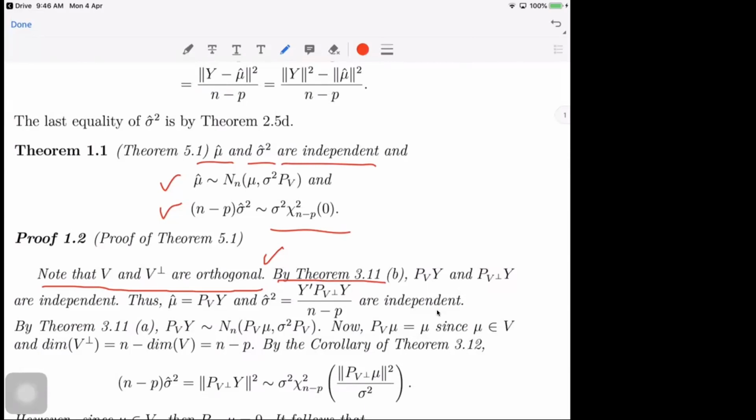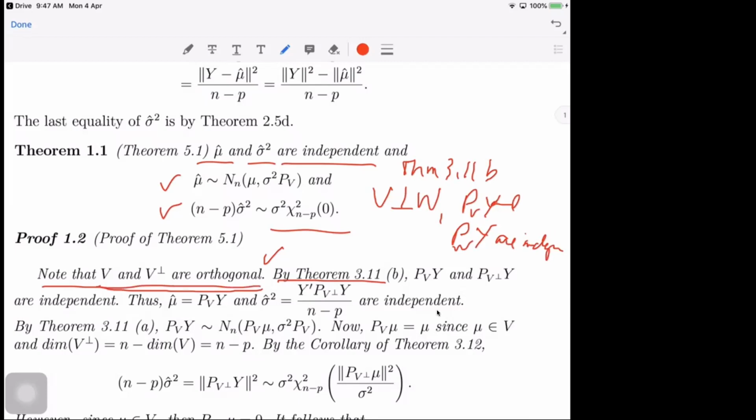it also says that if V is orthogonal to W, this is theorem 3.11b, if V is orthogonal to W, then the projection of Y onto V and the projection of Y onto W are independent. So we will use this: since these two are orthogonal, then the projection of y onto v and the projection